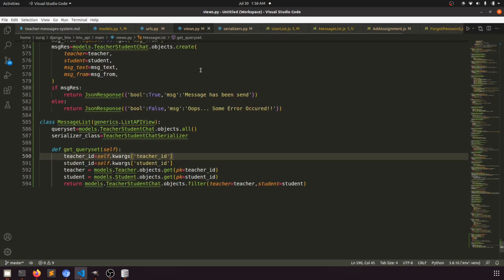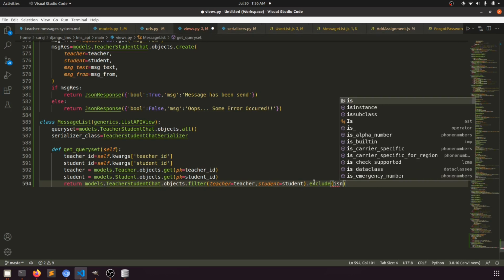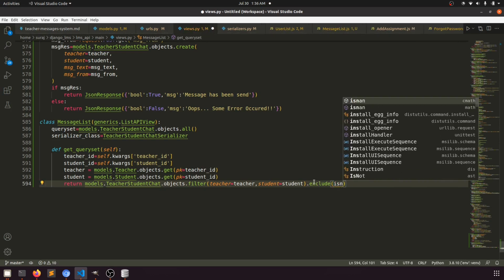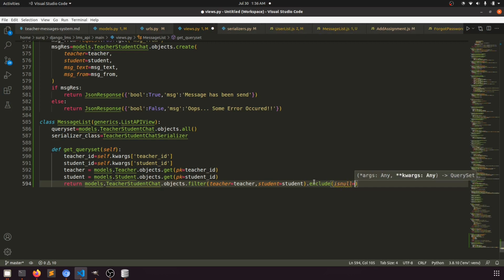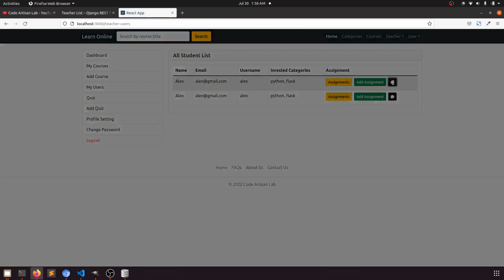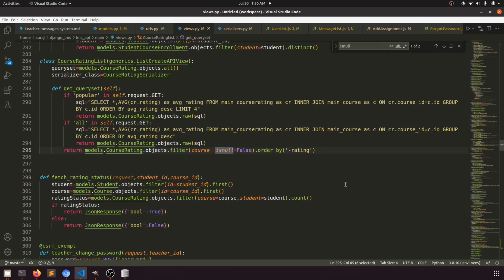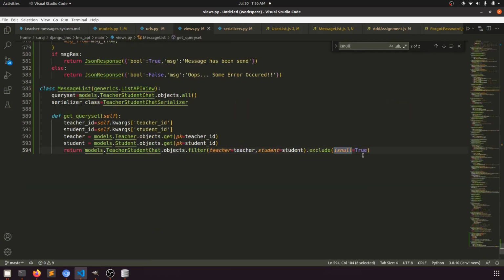So this one dot exclude, sorry, exclude is null equal to true. Right, now click here. Is null, yes, this is fine. Exclude is null equal to true,